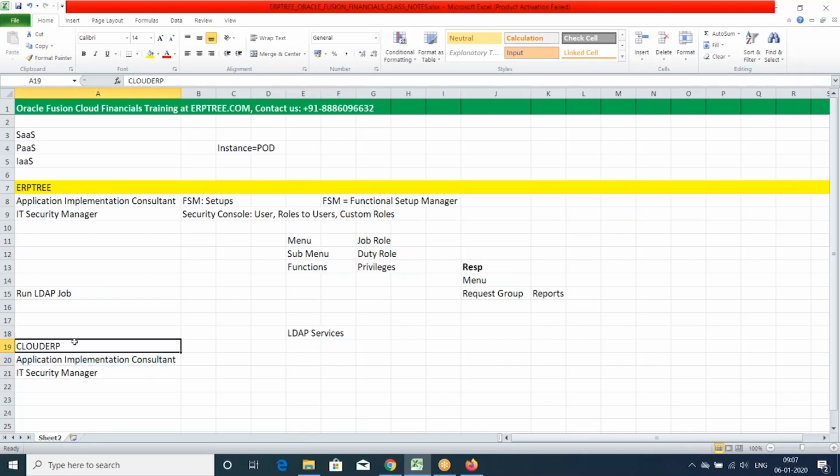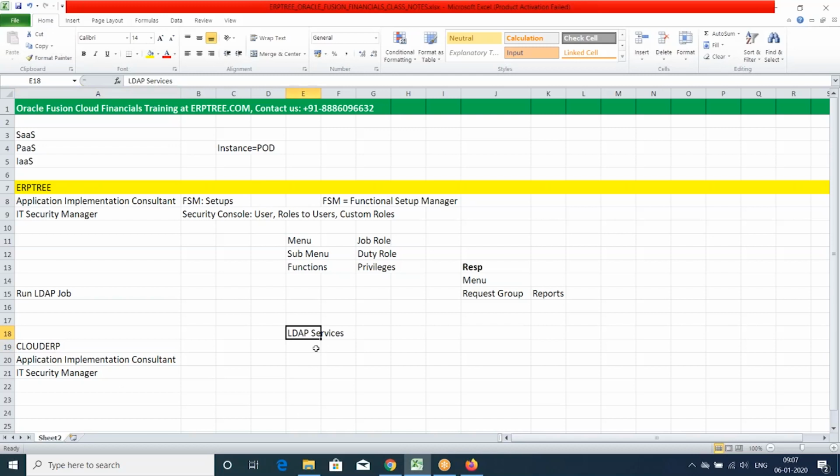So this information will be updated in the LDAP directory services. When this user tries to log into the instance, the user authentication and everything will work from these LDAP services only. Even if you create a user, that information should get stored in the LDAP services. The roles you are assigning to the user should get updated. So when the user is trying to log into the instance, the system will verify which roles are assigned to this user, and it will verify in the LDAP services only.